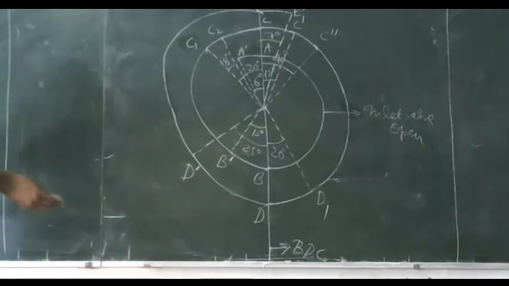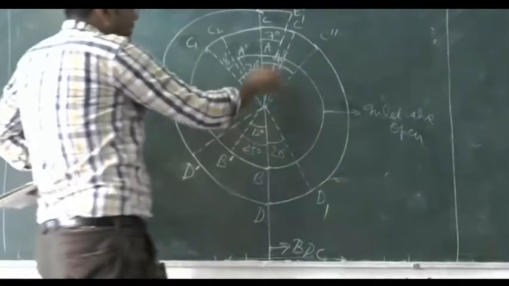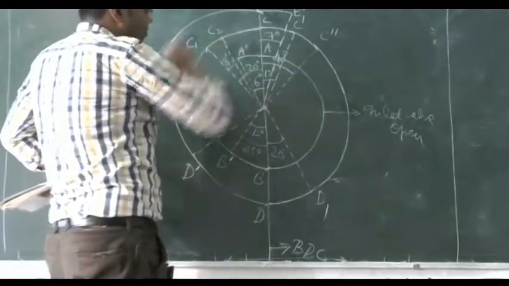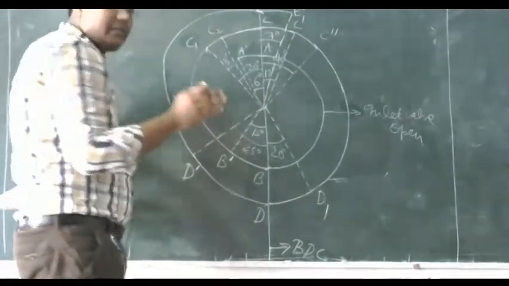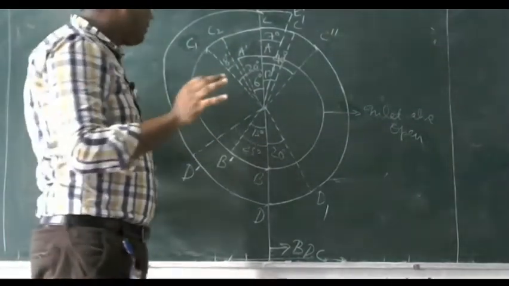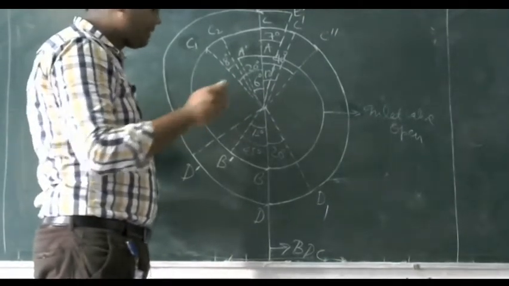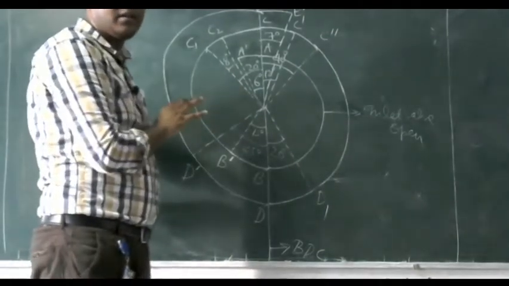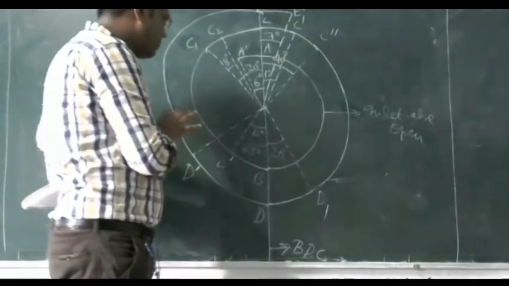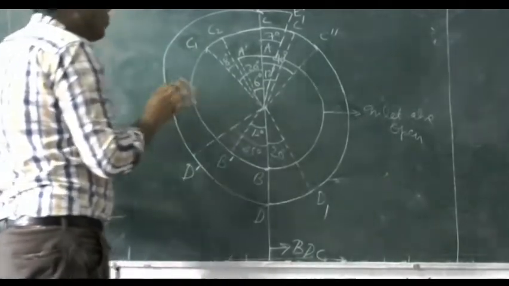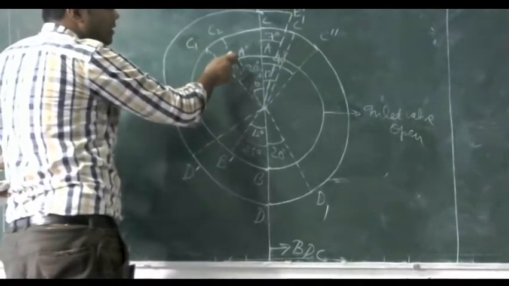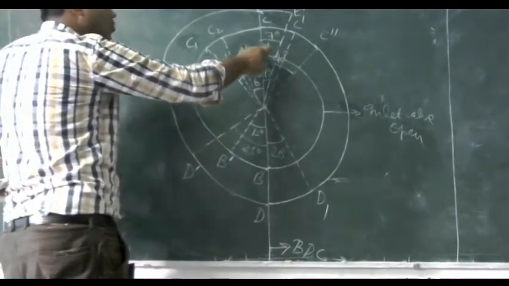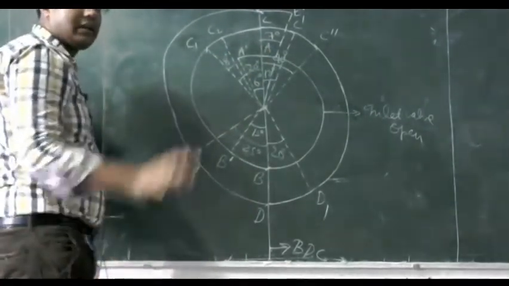This is something complex. You have to make a big diagram so that you can easily see the angle. A slight variation of 1 or 2 degree in angle doesn't matter. But we have to be very clear about the points from where the inlet valve starts to open and from where the inlet valve starts to close. So we have to take care of that.